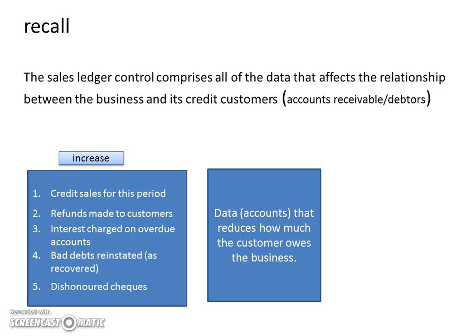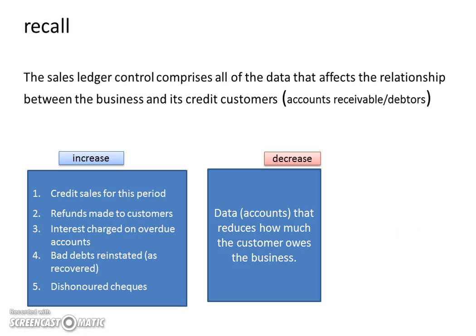credit sales, refunds to the customer, interest charged on their overdue accounts, bad debts that they had reinstated, and any dishonored checks. Those will cause the balance either to go up or to remain where they are, but it will not reduce them. On the other hand,